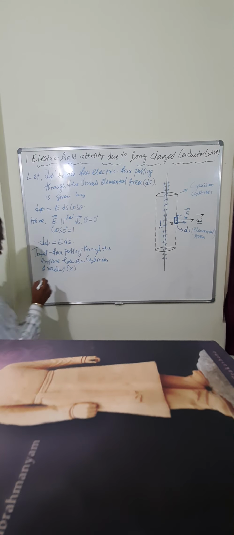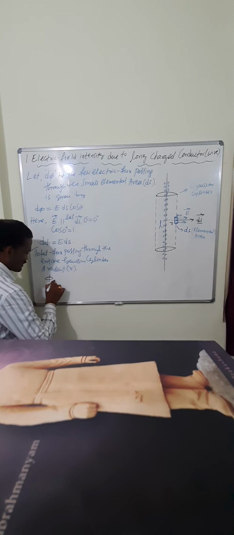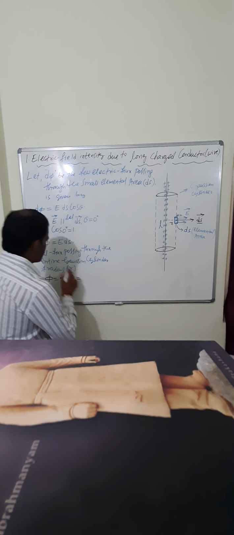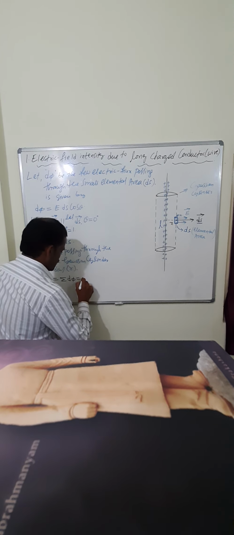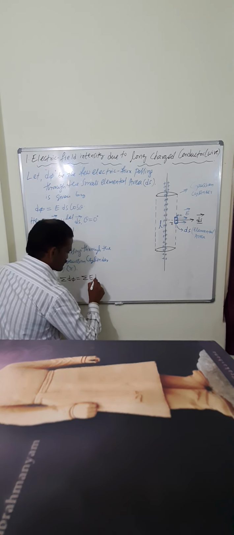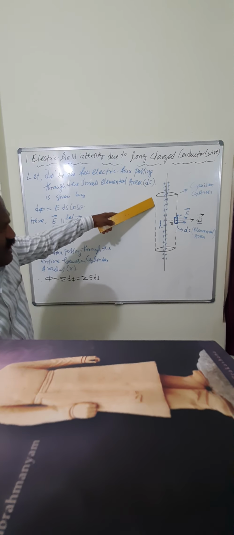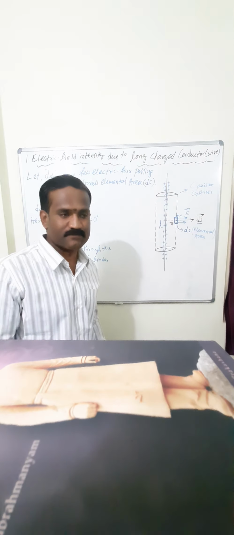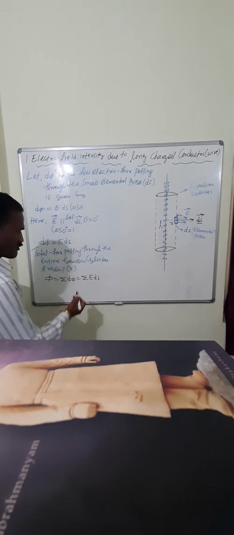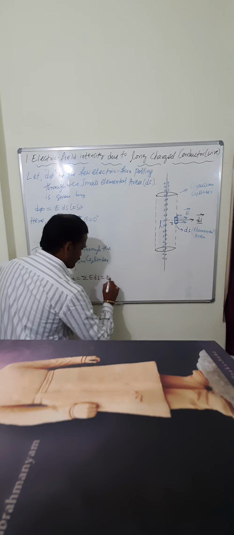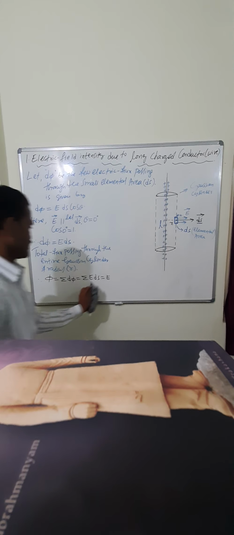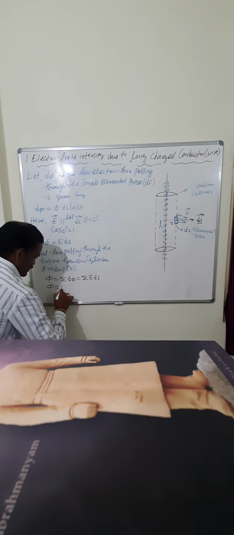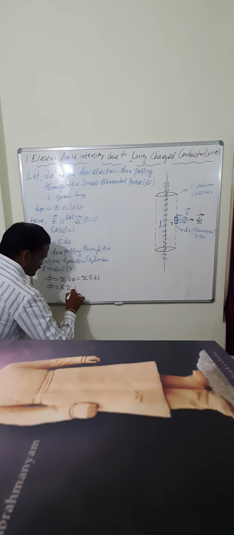Total flux is nothing but phi. Therefore, total flux phi is equal to the summation of d phi. What is the summation of d phi? In the previous equation, d phi is equal to the summation of E into ds. Look carefully: the electric field on either side of the walls of the cylinder remains constant because R is the radius of the Gaussian cylinder. Therefore, E is taken outside. Since the electric field is constant at a particular distance, total flux phi is equal to E into the summation of ds.